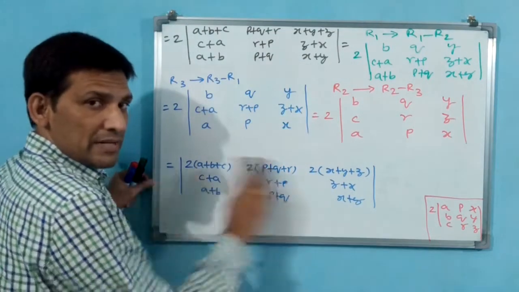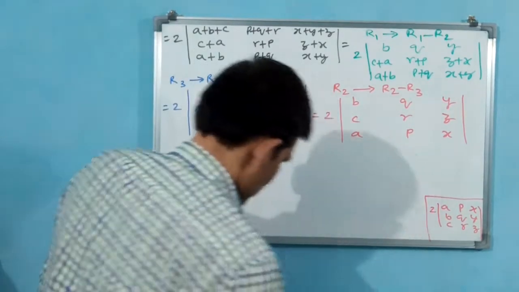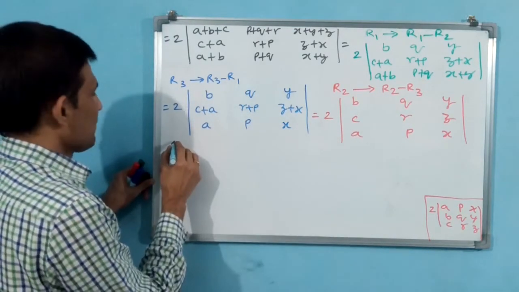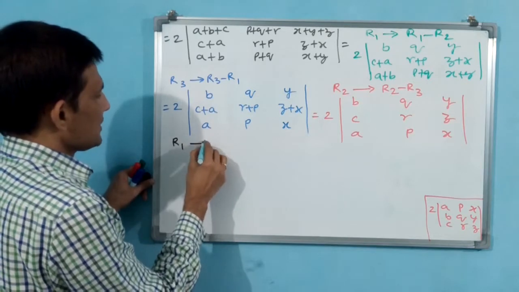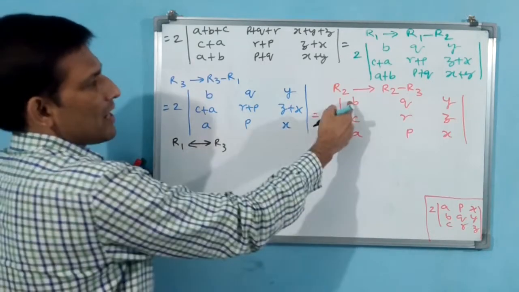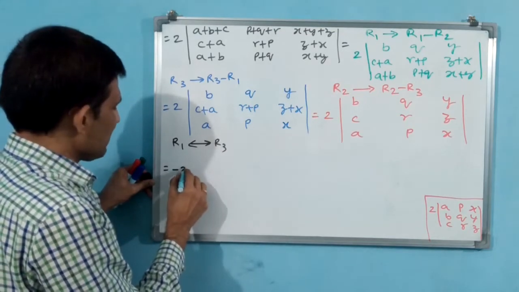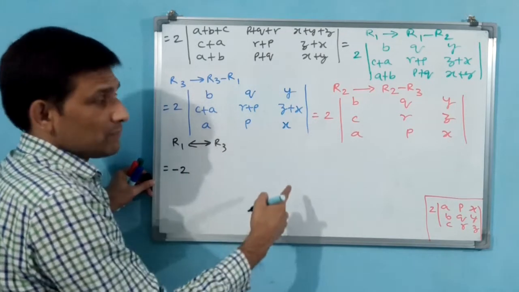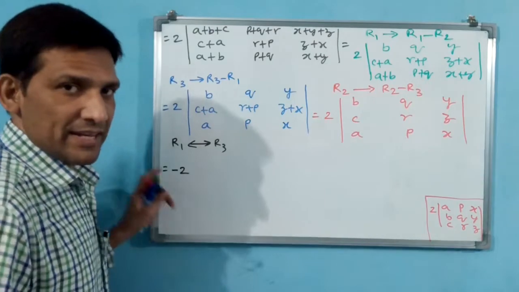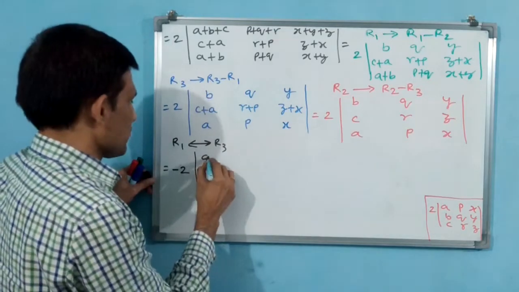I am going to remove this. Pass and note down this. Okay. Now what I am doing, you see. R1, R3, double arrow. That means interchange. R1 to R3, R3 to R1. That is equal to, you see now here, minus sign will come. Why? Because if we are interchanging any two rows or two columns, then a minus sign will come. Minus I am keeping. And this APX will go to the first row.